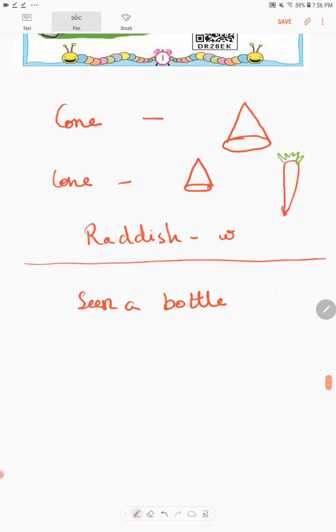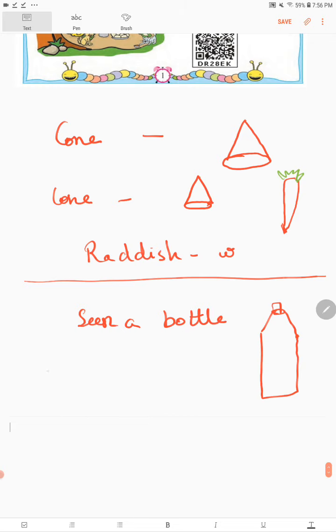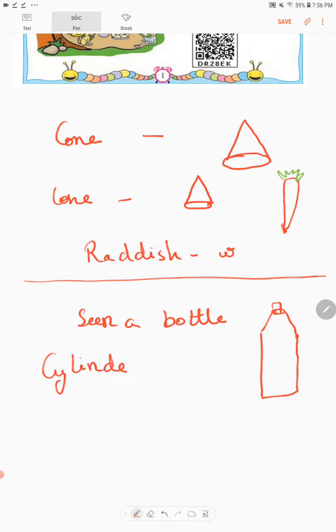Even a bottle is in a long shape like this. Similar is the cucumber, shape of the cucumber. So this kind of a shape is called a cylinder.